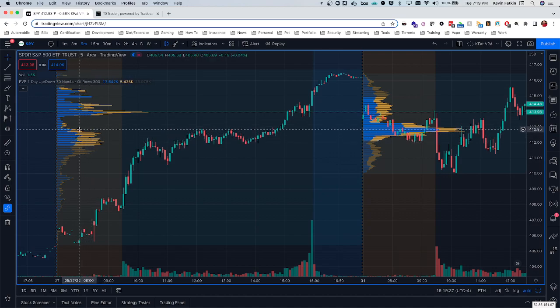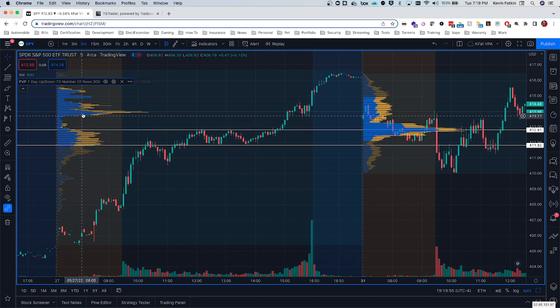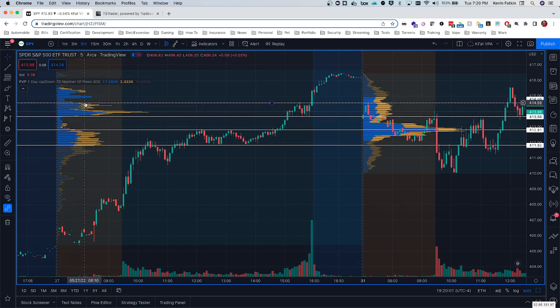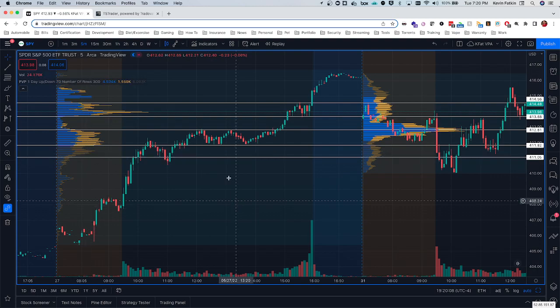So you can use that to your advantage by finding areas where it transitions from high volume to low volume and marking those levels. So we have an area right here that I can mark. We have an area right here where we have a drop off that I can mark. We start to see it again right here, and again right here. And you can basically go through this and go as far back as you want,